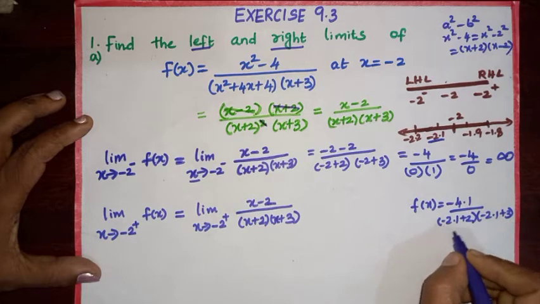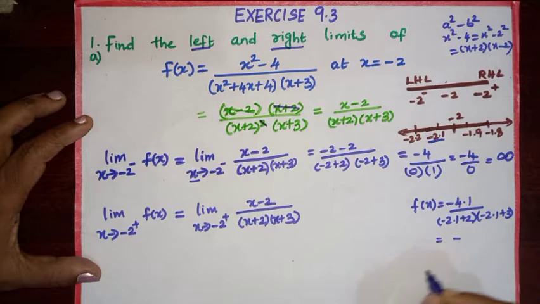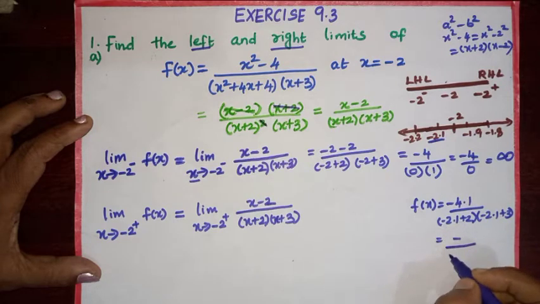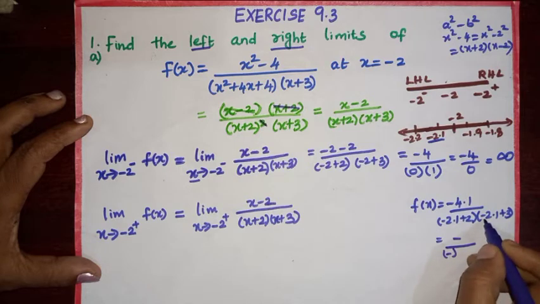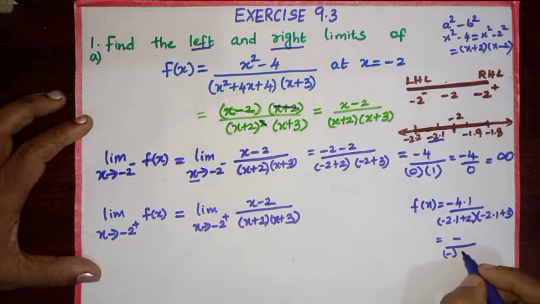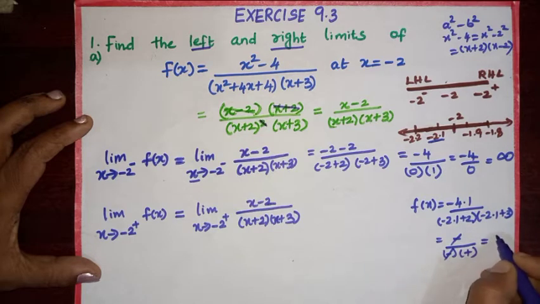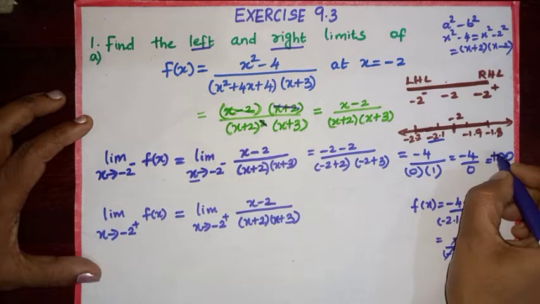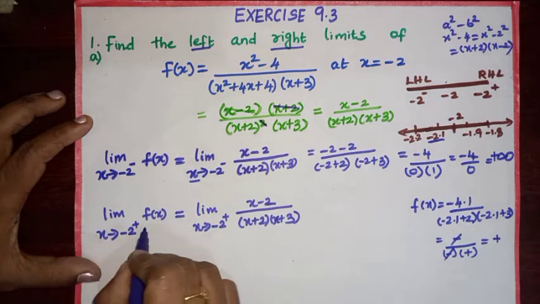Now I need only the sign. The numerator has a negative sign. In the denominator, minus 2.1 plus 2 is minus. So minus sign, and here minus 2.1 plus 3 is 0.9, we are getting plus sign. So minus and minus will be cancelled. Then we are getting the sign as plus. So the left hand limit belongs to plus infinity. Now we will go for the right hand limit.